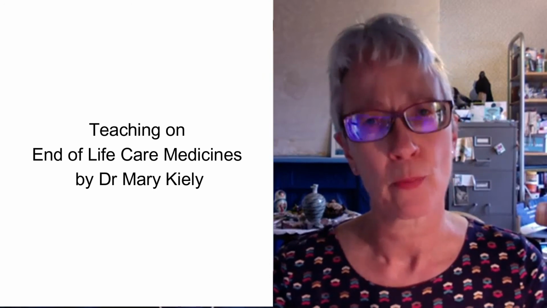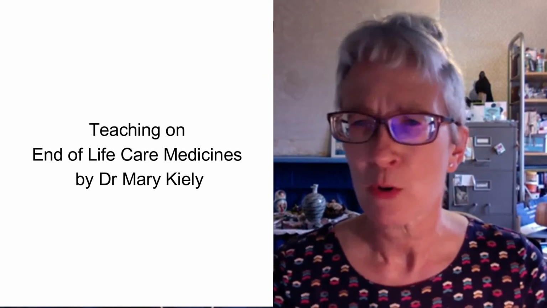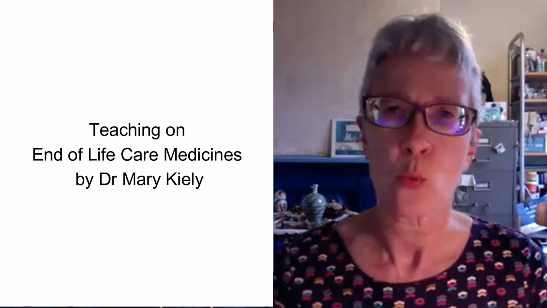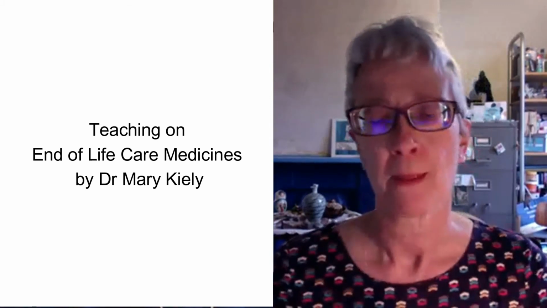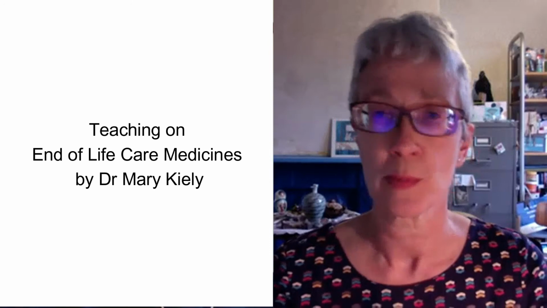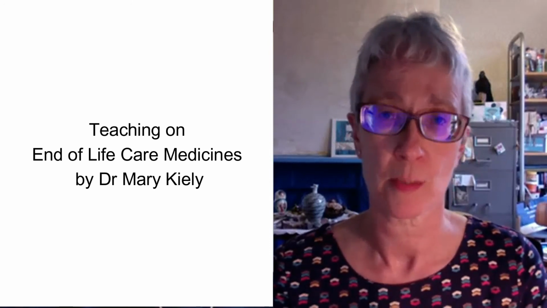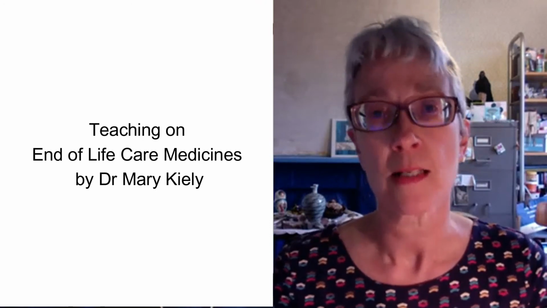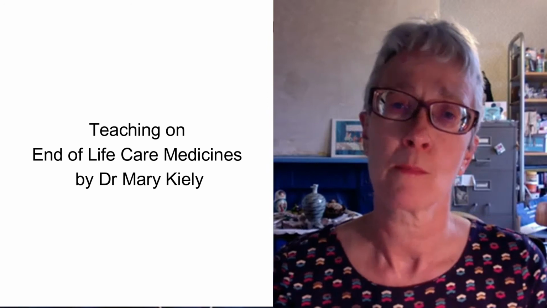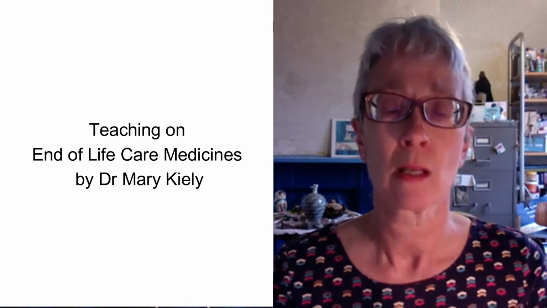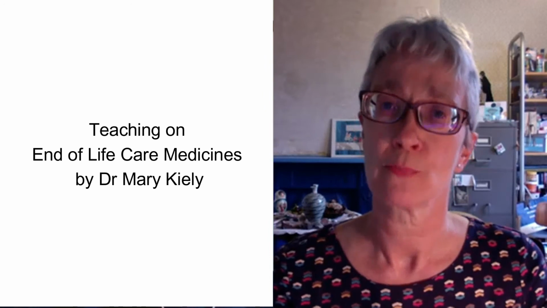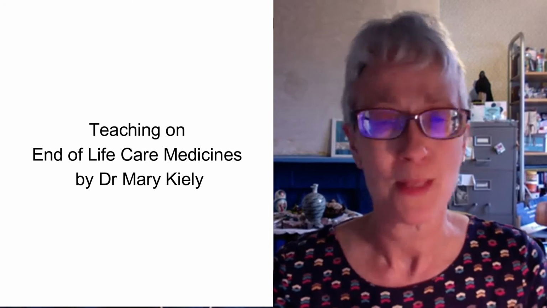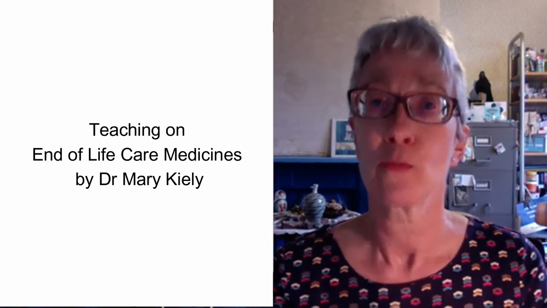Haloperidol is probably preferable if the patient has been a little bit paranoid, maybe had some hallucinations, complaining of seeing things on the wall or pointing at things. And again, dependent on renal function, somewhere between 0.5 and 1.5 milligrams subcut as a stat dose. If the person has Parkinson's disease, then levomepromazine, 12.5 milligrams would be a useful alternative to haloperidol. And again, it's really important to remember, if the symptoms haven't settled within half an hour, repeat that dose.